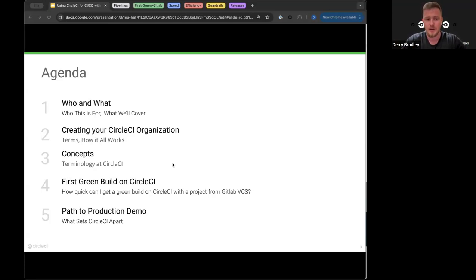It'll be a hello world. It'll be an empty project that is living in the GitLab VCS. We'll get that up and running on CircleCI, or should I say, get a green build running in that project, in that repository within the GitLab Cloud VCS. And then we'll get into a more fledged-out path to production demo. And I'll show you a reference architecture of the production-ready demo environment that we're going to deploy to. And then we'll show you a bit more in terms of